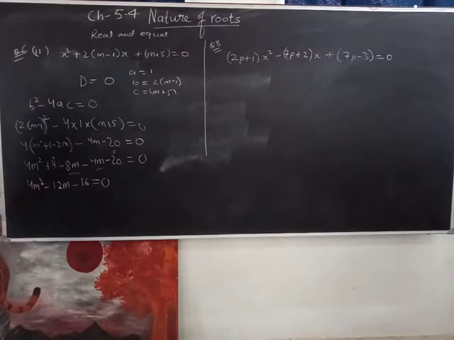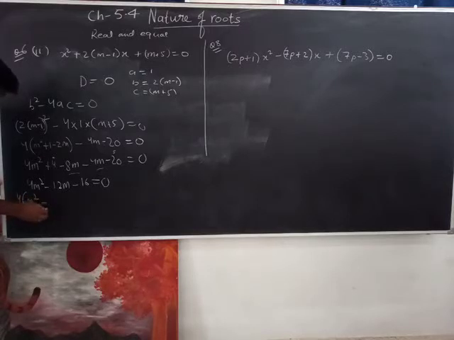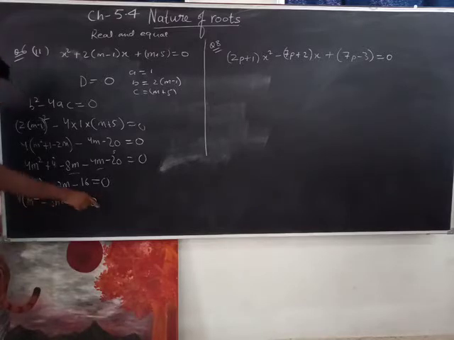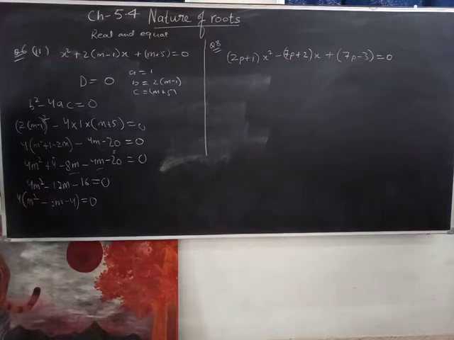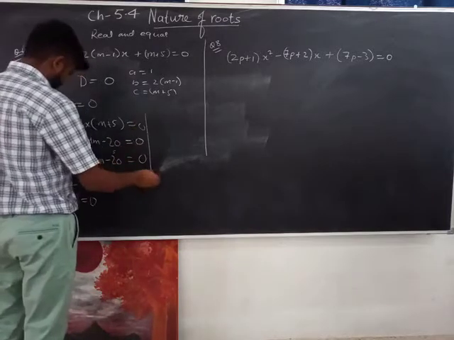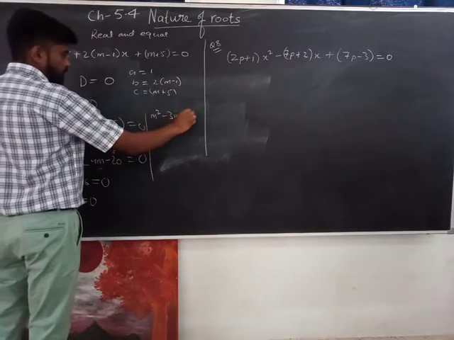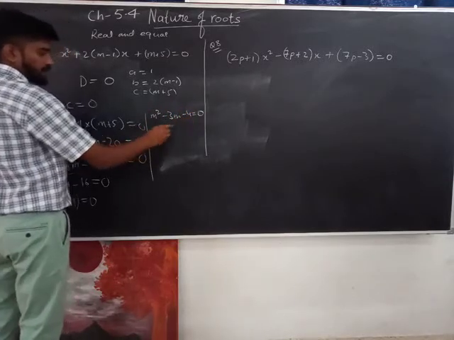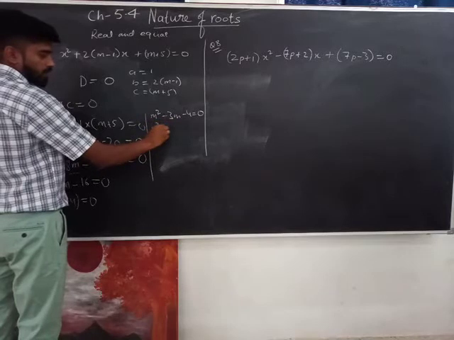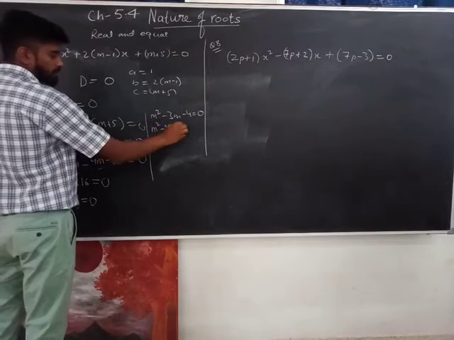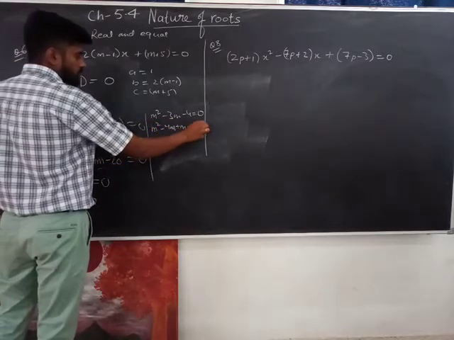First I can take out the common factor. What is common? 4 is common. So I'll take 4 out. What is left? m square minus 3m minus 4 equals 0. And 4 goes to that side and divides, so it becomes 0. So I'm going to solve it here now. m square minus 3m minus 4 equals 0. So I can think of numbers. The numbers are minus 4m plus m minus 4 equals 0.